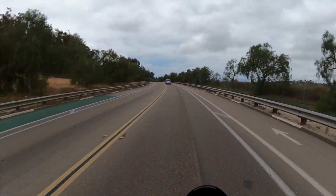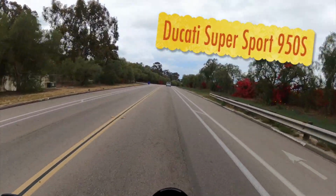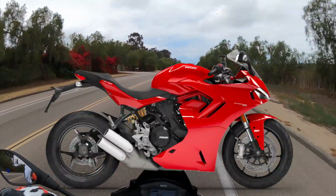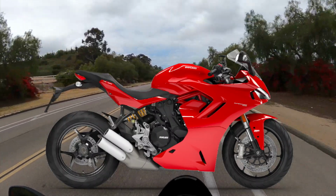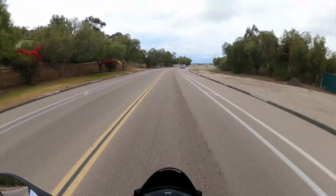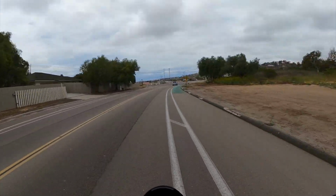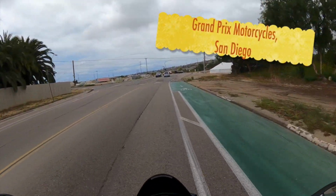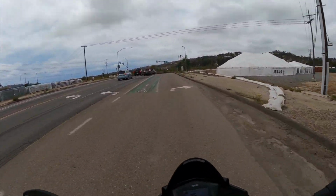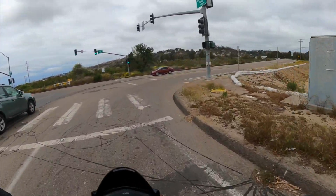So Ducati has issued a new Super Sport 950S, and part of the story of Tony Thunder is that I actually put a deposit on the first generation Ducati Super Sport. I wanted it in the silk white, and it never came in, and I wandered into Grand Prix Motorcycles near downtown San Diego, and they were back ordered. I guess it was a pretty successful model launch, and they didn't have any, didn't know when they were going to have any, and so therefore